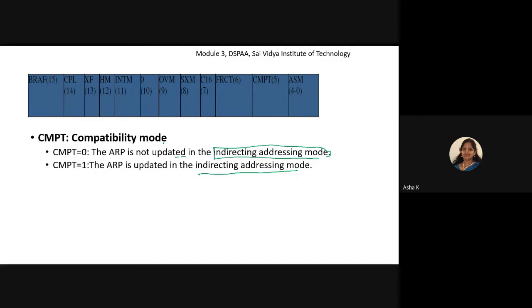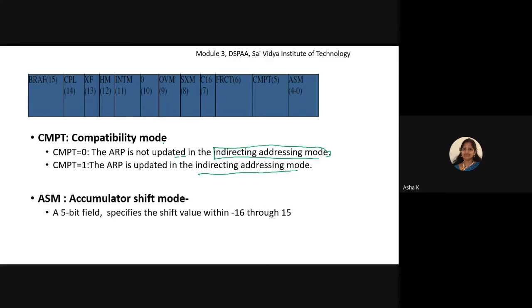And after the CMPT bit, we have a last one called the accumulator shift mode. That is how the data has to be shifted in the case of the barrel shifter. So this ASM will appear in the case of the barrel shifter. For the barrel shifters, we will have 3 types of shifting: minus 16 through 31, 0 to 15, and minus 16 through 15.